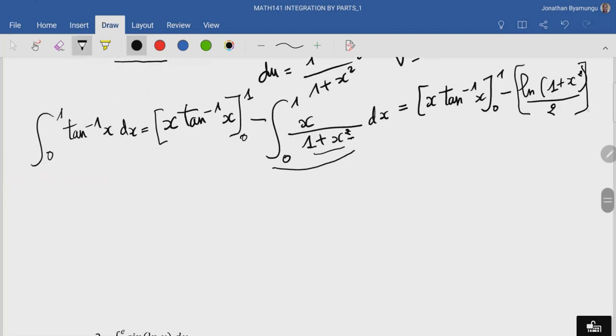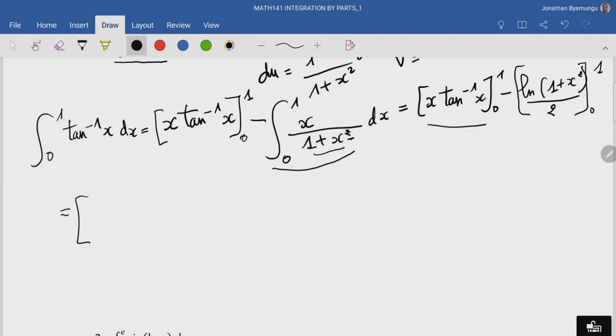0 and 1. So that is therefore equal to, if we take the higher limit of our first bracket here, we have 1 times tan inverse of 1, right, which we can just write as tan inverse of 1